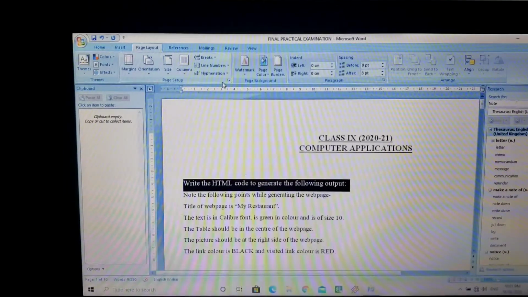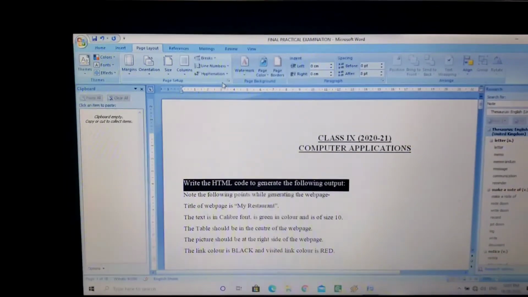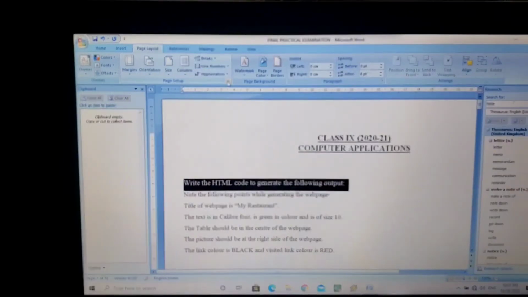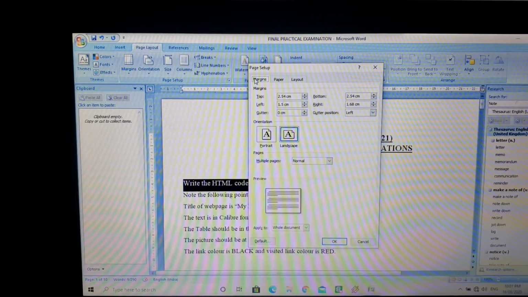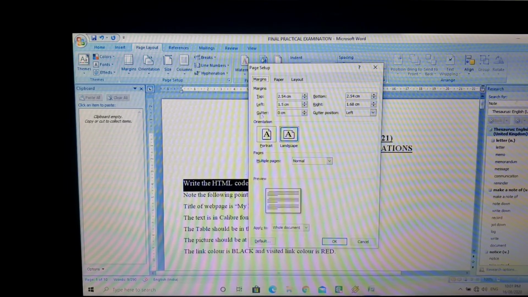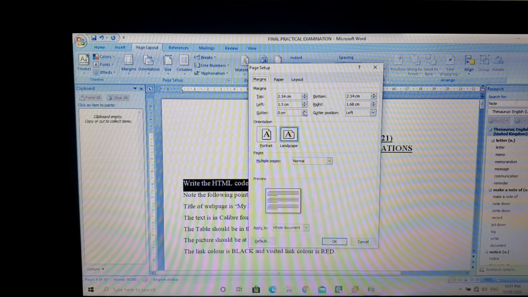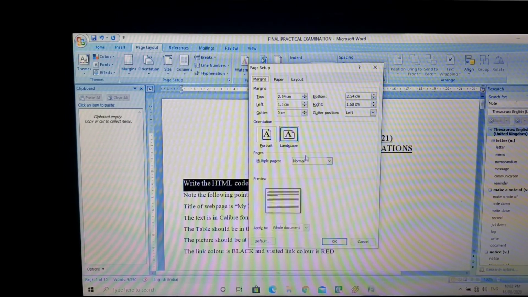Next is the page setup option. The page setup option helps you select different kinds of options. Here you can set the margins: the top, bottom, left, right. Then you have the gutter option. Just see here, you can see the preview of what it is going to do. Basically we select this when we are going to have the binding of books, because when we are binding, our text should not be covered by the binding. Some of the paper should go inside when we are binding our books.